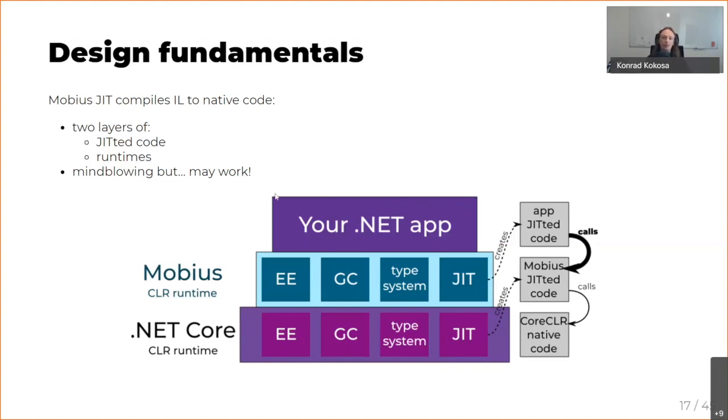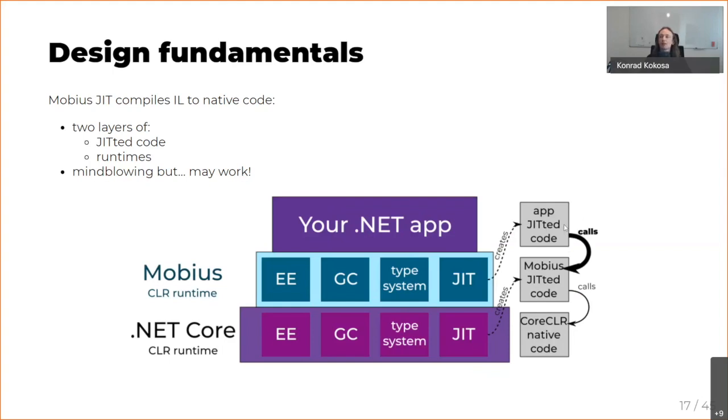So when you have something like that, you can imagine that I have my application, it is just compiled from C# to IL, and then when I run it, Mobius as my runtime will JIT compile it, and it will be just running as native code because my JIT has emitted the native code of your application. And 80% of the time, it will be just that. It will be just executing the native JITed code. And it will not matter whether it was emitted by Mobius, .NET Core, or anything else. It is just native JITed code to be executed.